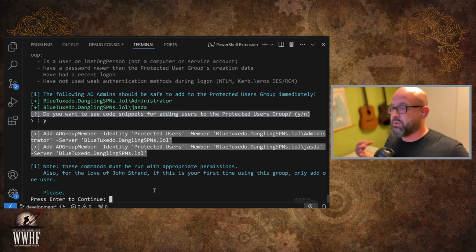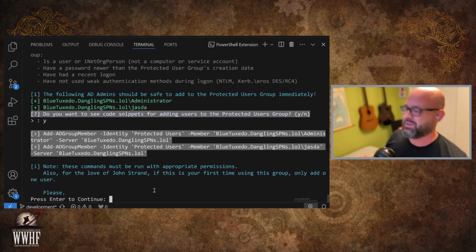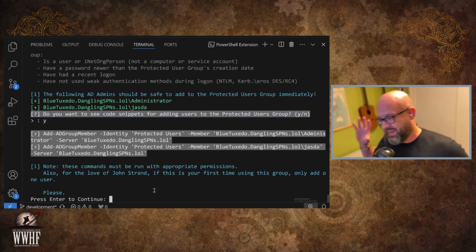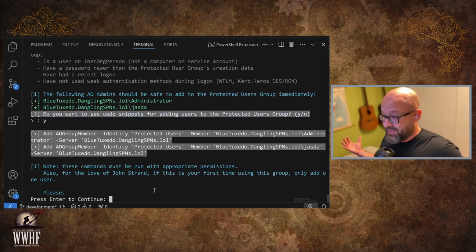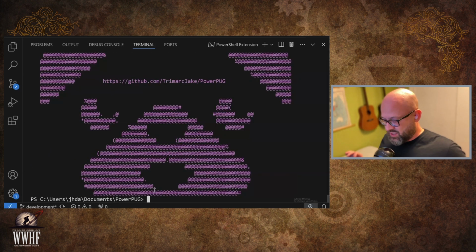And now, as mentioned before, add one user, please. Test for a little bit. Please do not throw your entire AD admin group into the Protected Users group, and then suddenly you've got to bust out your break glass account, because that's what's going to happen, right? Something is going to break in that time, and nobody wants to have to pull out the break glass account unless it's absolutely required. So just take your time. There's no rush. Okay, a little bit of a rush. Yeah. So that is what it looks like in a small